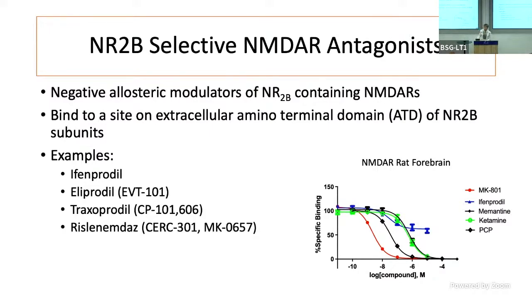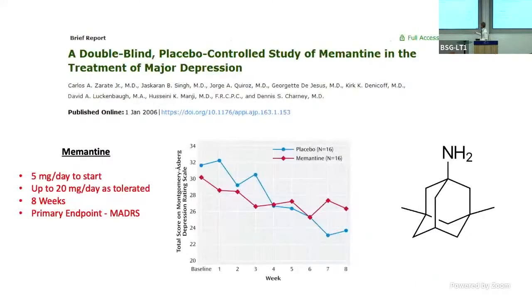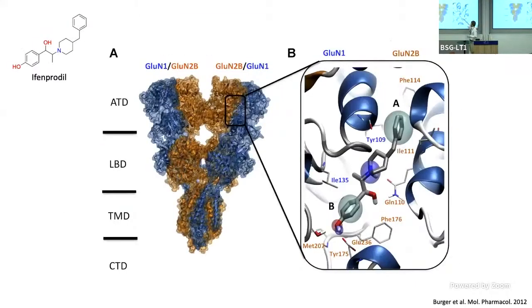So I just think that's kind of neat that we're able to see this in just a standard competitive binding assay. And again, they don't compete for the same site, but what ifenprodil does is it binds up here in the amino terminal domain and changes the shape of the protein to lock this channel. And that prevents MK1 from getting on and binding. And it also obviously prevents the ion fluctuation through the channel.